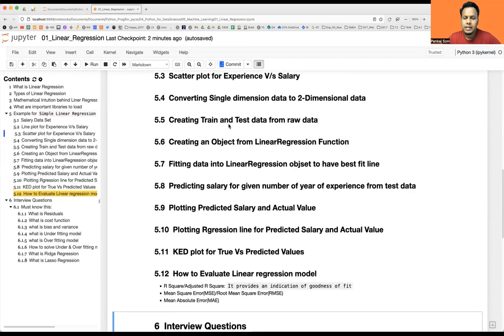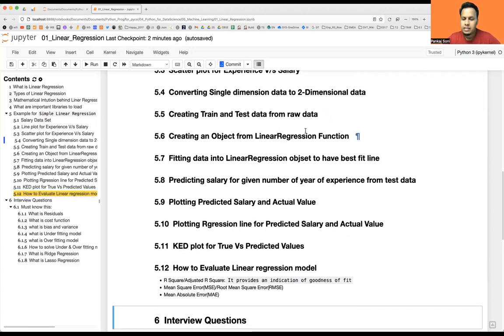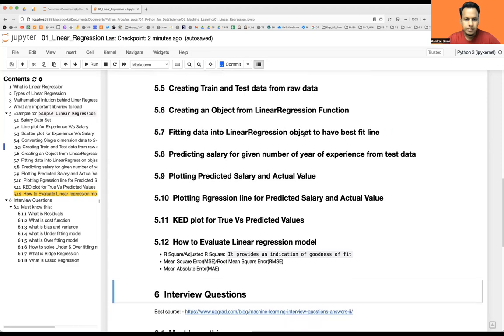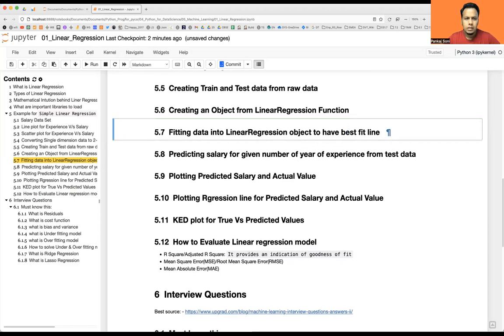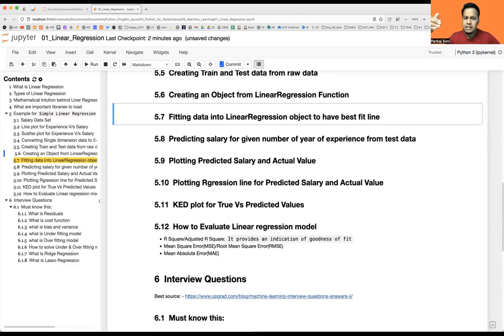Okay. How to create train and test data. So we'll understand what is train and test data and how to create them with the given data, and how to create the linear regression object from the given function. Okay, then we will do best line fit creation with the help of linear regression model. Okay, then once best fit line is created, then we'll see how to predict the salary based on the given number of experience. Okay. So these things we are going to understand with the help of graph, like what is best fitting, what is test data, what is train data, and why we have to split,